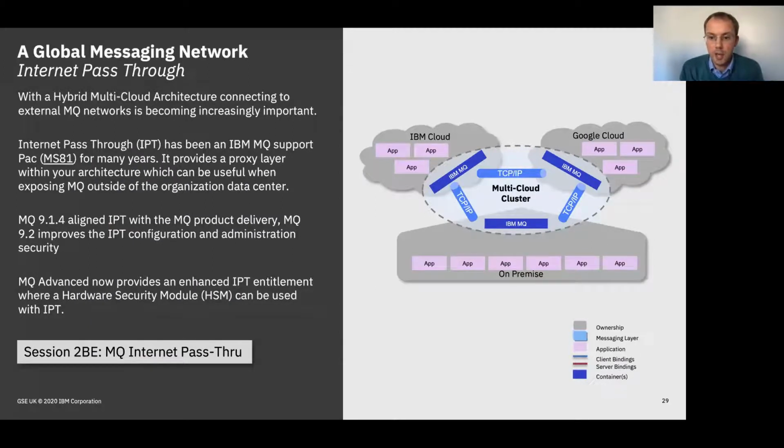Similarly, as we see multi-cloud deployments and data being connected between data centers over larger distances, you also find that those locations have different firewall rules surrounding them to protect the data that's within them and the applications that are running there. So in this kind of hybrid multi-cloud environment, you typically want to have boundaries between those locations for integrity and security. So one of the features that MQ has had as a support back for many years